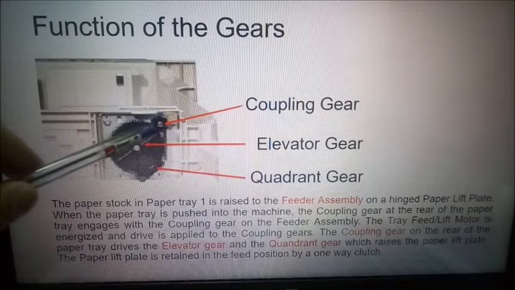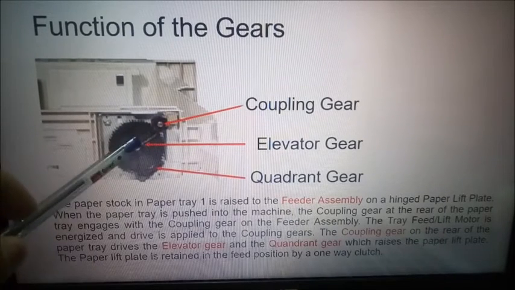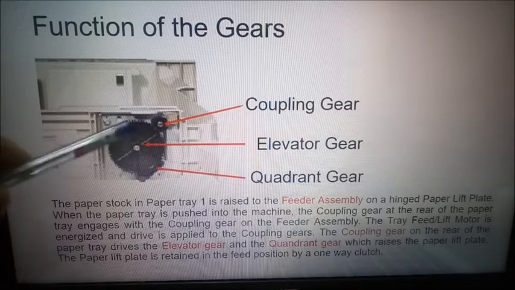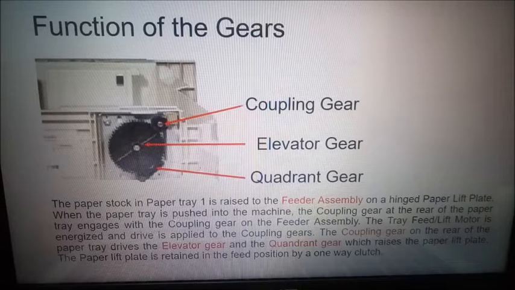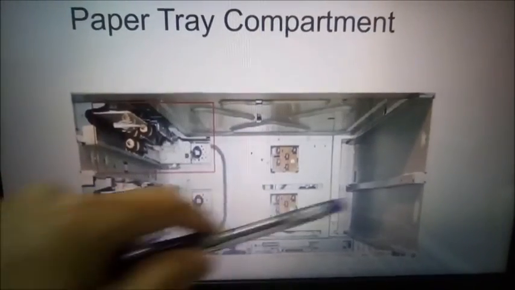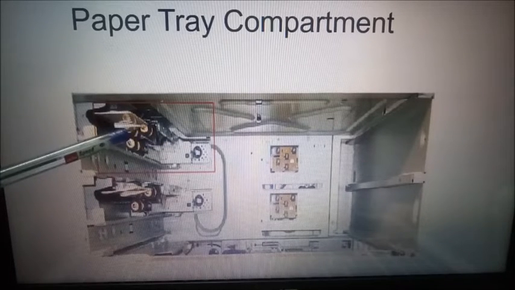So if this small gear here is engaged, these two gears, the elevator gear and the quadrant gear, will rotate, and then the lift plate will rise. So that's the function of the three gears. Now if you remove the two paper trays, this is paper tray 1 and this is paper tray 2. They call this the paper tray compartment. Now when you see the compartment, you can see the two